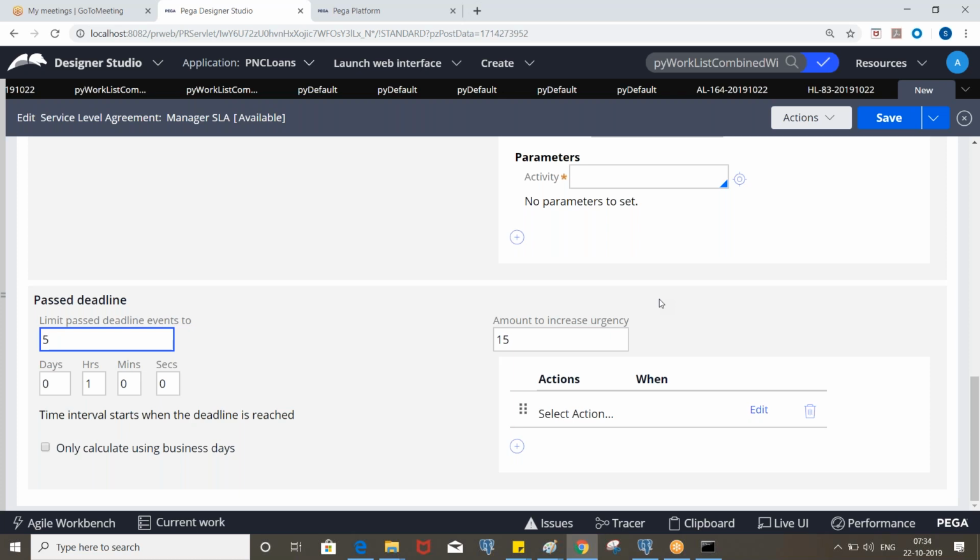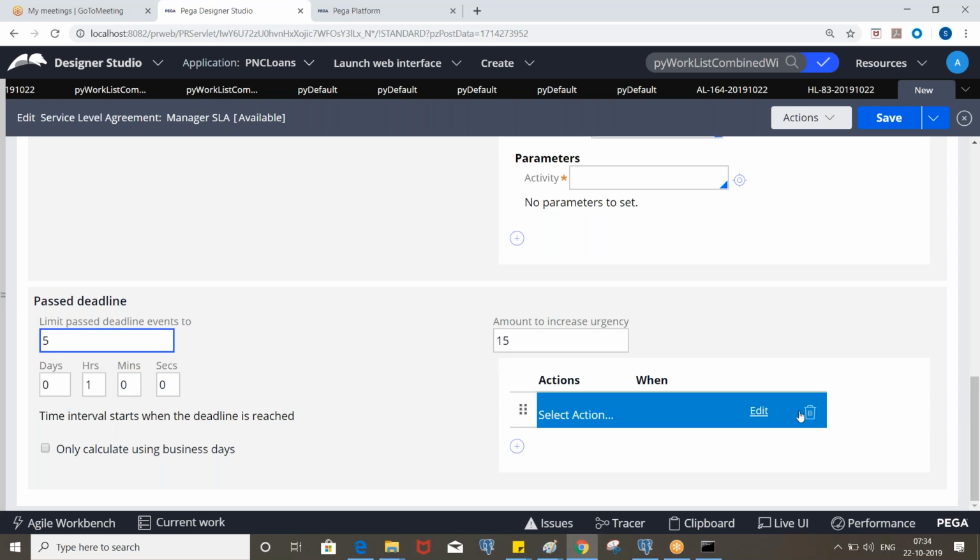So if you put 5 for every 1 hour, it will execute 5 times. Every 1 hour the email will be sent out, a maximum of 5 times. If you put 100 and a day, every day it will send an email for 100 days. This option is available only for past deadline.